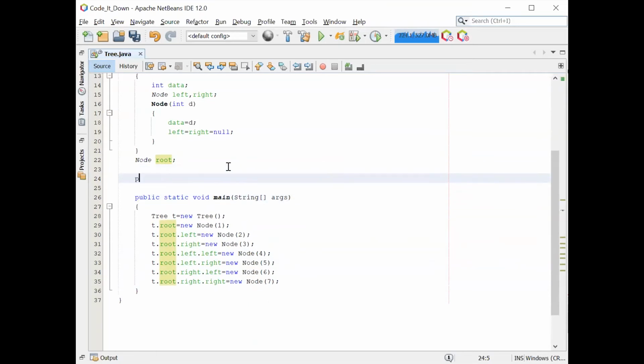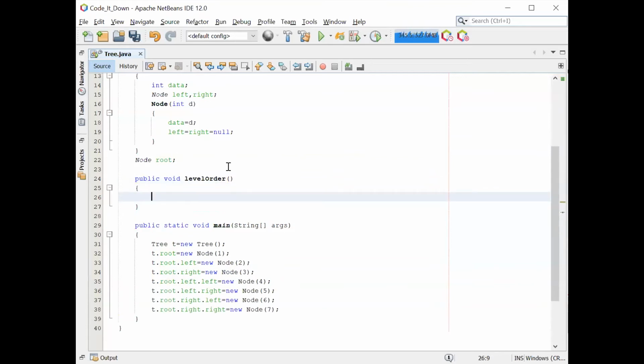Okay. So let's define the function for it. Public void level order. Here we are gonna use a queue. We have to traverse in O of n time. This is the efficient method.